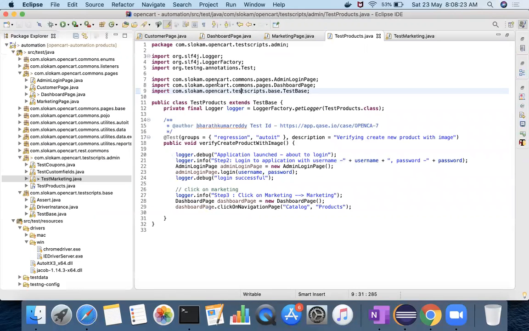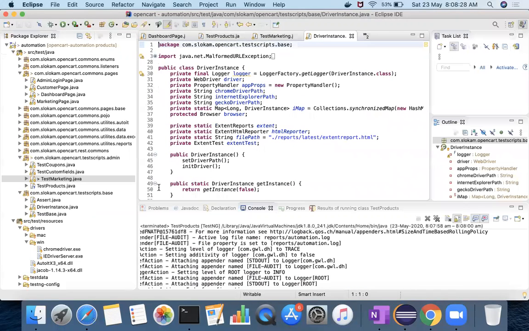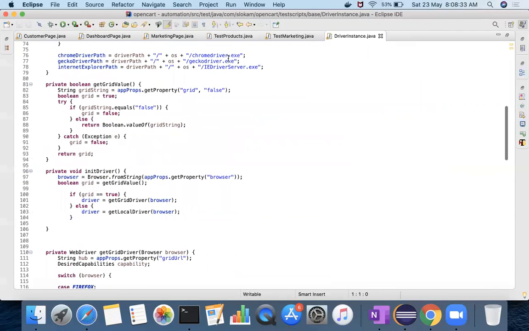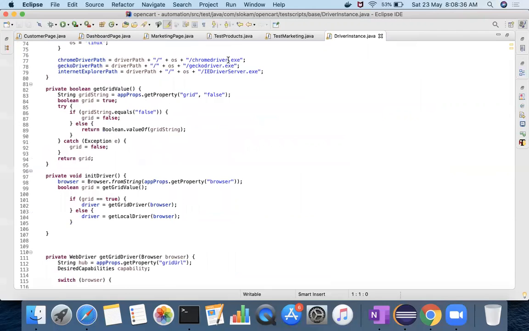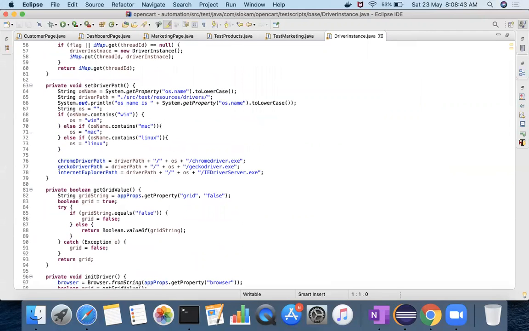Yeah, I made some mistakes there, because whatever the changes that we have done here, you will not get chromedriver.exe. If it is Windows only, you will get chromedriver.exe. So whatever the changes that we made here, they are not correct. Okay. See, somebody did some changes which is breaking the system.